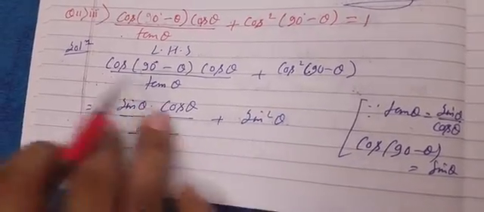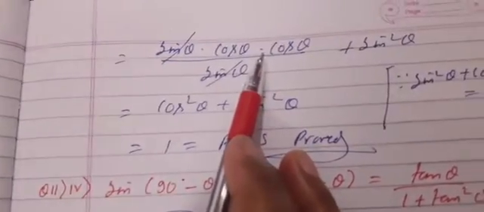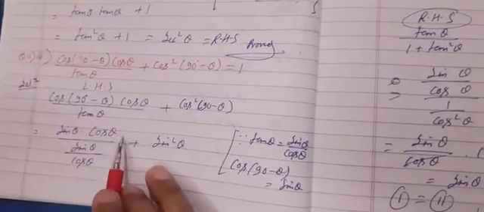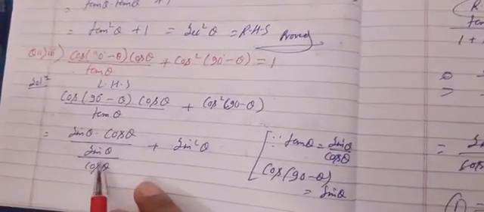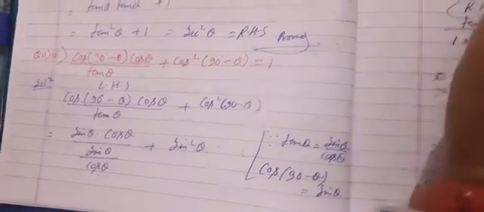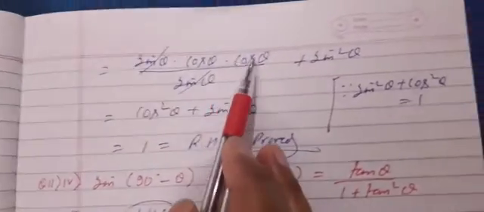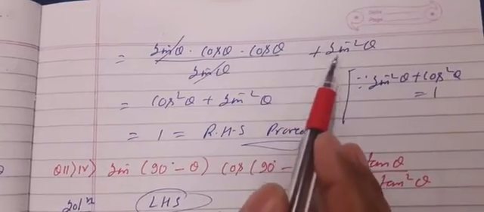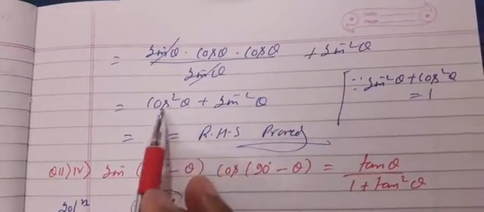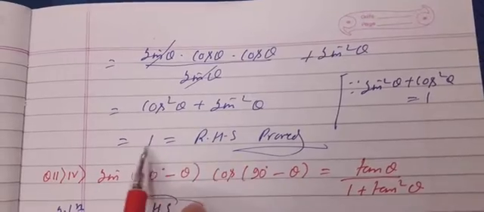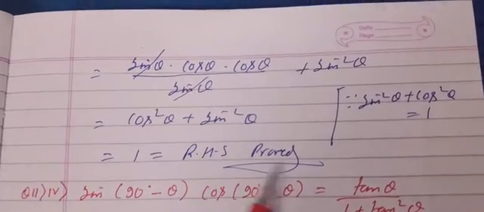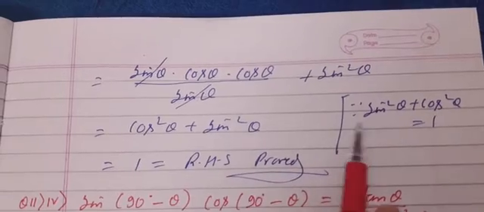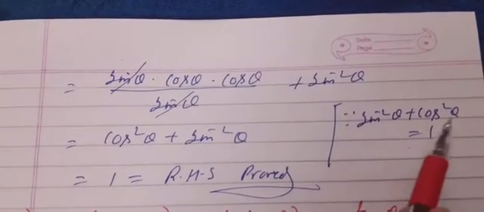Now we will change the position of these terms. So sin theta into cos theta over sin theta by cos theta: this cos theta will be multiplied with the numerator, and sin theta will remain with the denominator. So we did it here. Cos theta is here, sin theta is here, and this sin theta cancelled, and after that there was sin square theta, so we just copied it, and here is cos square theta plus sin square theta, that is equal to 1, and that was our RHS. So proved. And we have mentioned that also here, that sin square theta plus cos square theta is equal to 1.